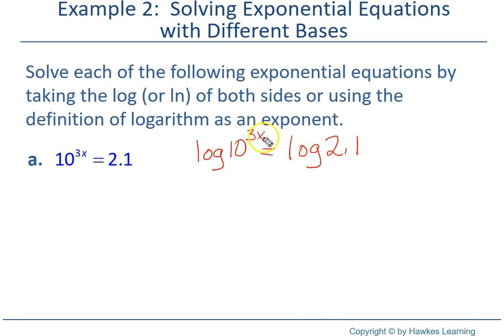Now, if you remember in section 5 of this, we said when we have an exponent, we could take this exponent and put it in front here. So now we get 3x log of base 10, or 10 I should say, equals the log of 2.1. Now, what we're going to do is